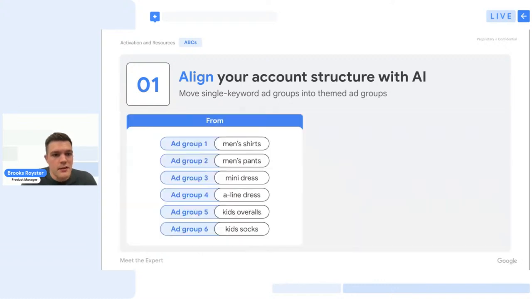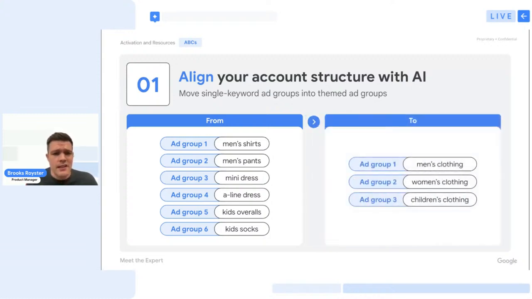Just to articulate this quickly, we'll have this example here where you can see there are multiple ad groups across different types of products, but some of these could be themed closer to bring these keywords together and the creatives within them. So we envision this in a simplified state looking like the following, where there are half as many ad groups with more tightly themed keywords across, in this example, men's clothing, women's clothing, and children's clothing. Just to give you an example to put this into practice.